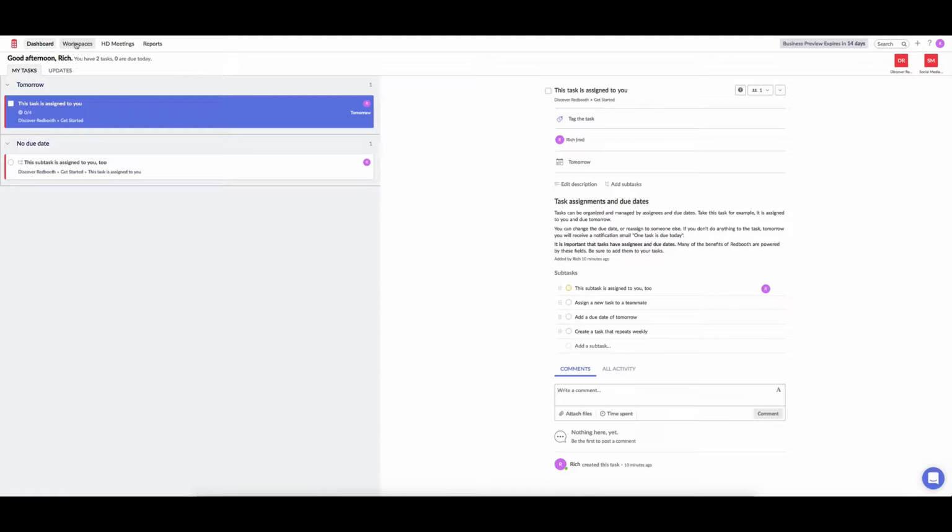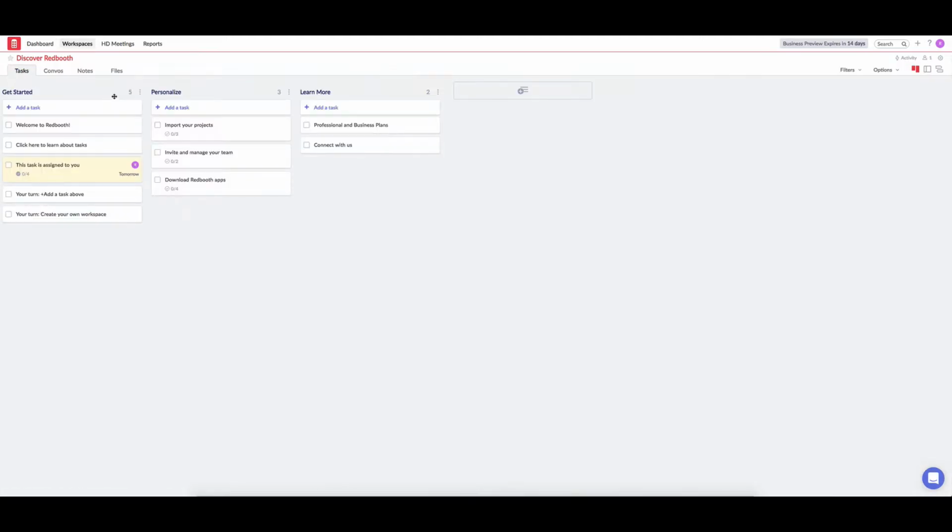The next one across is the workspaces, where we can jump in and see the actual tasks that are associated with a particular project. So you can either click on here to see the two sample projects I've got, or up in the top right hand side here we've got an option there as well. So I'm going to click on the Discover Redbooth project, and then you can see from within here we've got